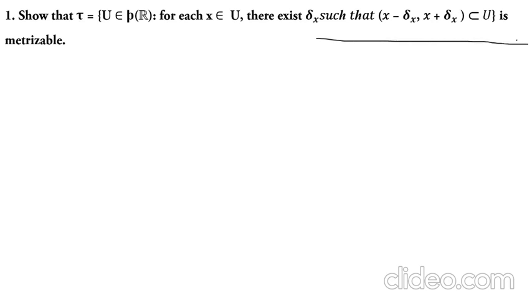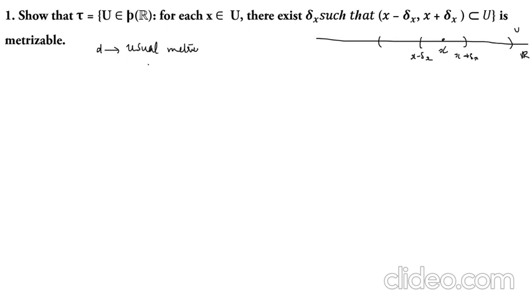So it's given by, we consider the real line R, and for any set U and any point x belongs to U, if there is an open interval (x minus delta_x, x plus delta_x) contained in U, then we say that U belongs to tau. We have to prove that such tau is metrizable, or that it is induced by a suitable metric. So here we consider the metric as the usual metric. Take d equal to the usual metric